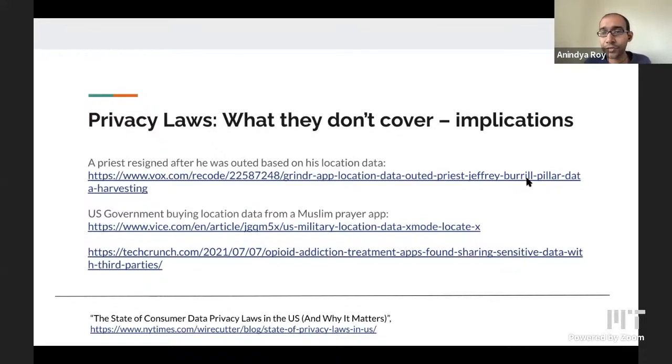Would I say it's true that once the data is collected, it's not possible for any law to protect it from unauthorized access? Well, yes or no. That's where it gets interesting. Hypothetically speaking, we might be able to protect it against unauthorized access. The problem is, with authorized access, what are they able to do? So in the first example of the priest's Grindr usage data being shared, there was nothing unauthorized about that.